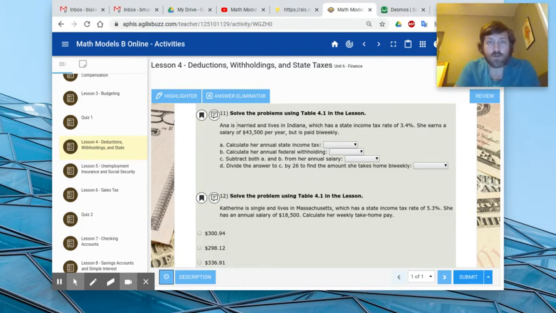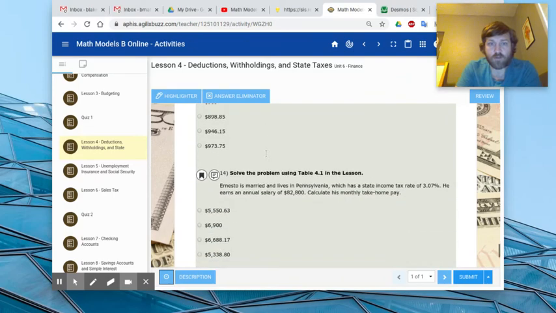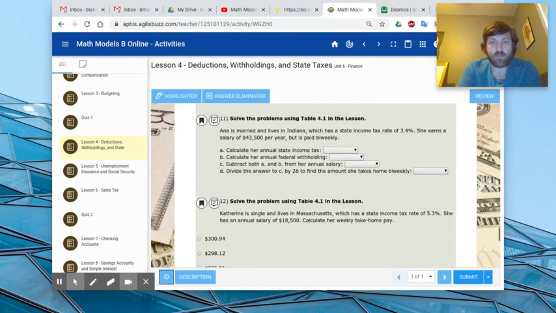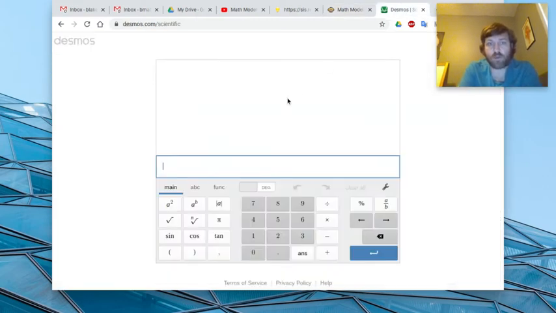Looking at 11, 12, 13, 14, 15 are all going to be like this. It says Anna is married and lives in Indiana, which has a state income tax rate of 3.4%. She earns a salary of $43,500 per year, but is paid bi-weekly. So we're going to take all that into account and figure out how much she takes home every week after taxes. We first have to calculate the two types of tax, then subtract that, and then divide to find out how much she gets paid each bi-weekly period. So first things first, we're going to do 3.4%